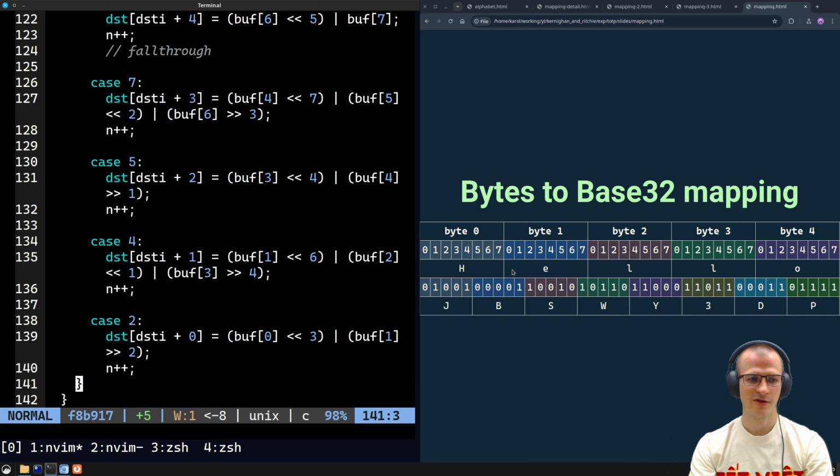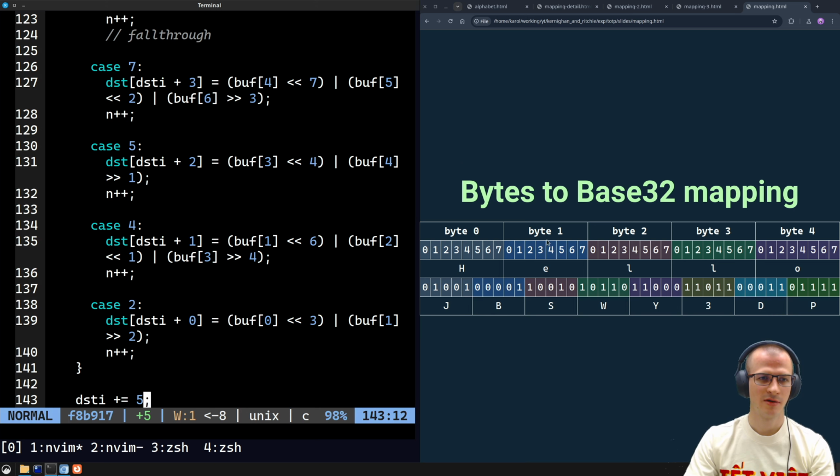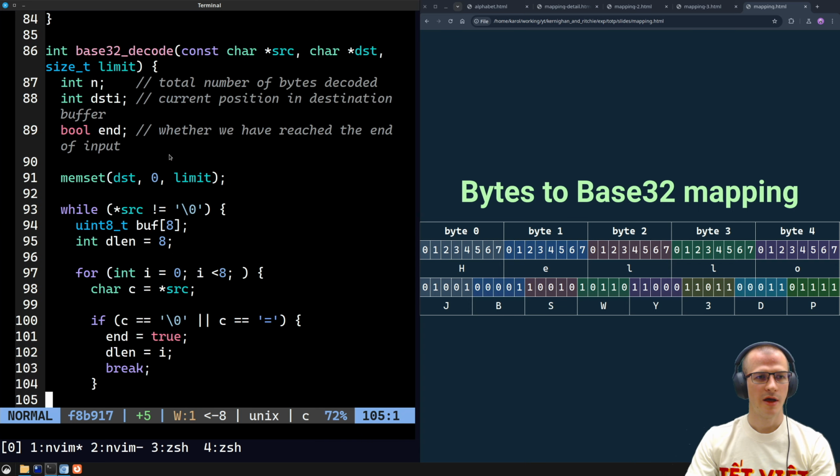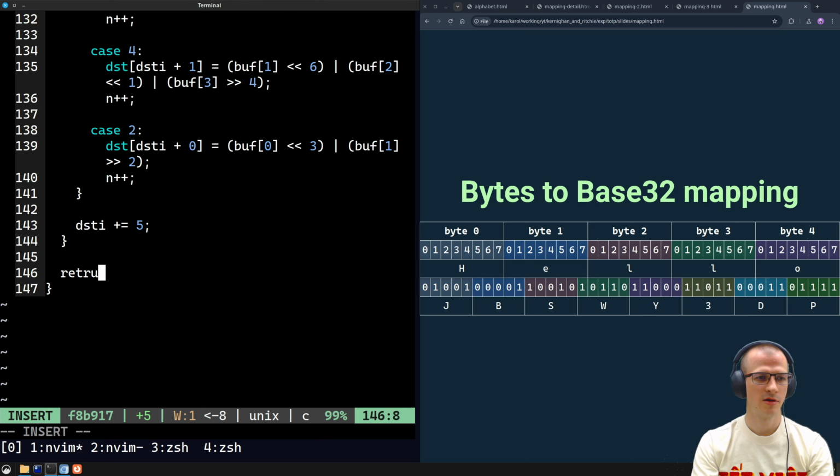At the end of all of this we increment the destination index by 5. And after all of this we return the n,